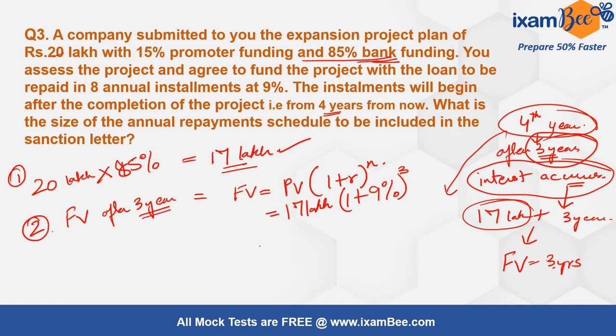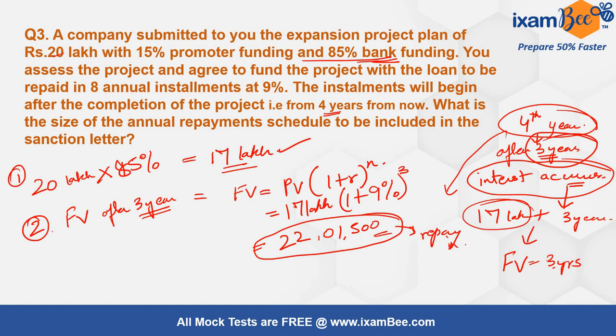So when I solve for this, I get an amount of approximately 22 lakh 1,500. So that is my approximate future value. So now this is the amount that I have to repay in 8 installments. Okay, so I don't have to repay 17 lakh, I have to actually repay 22 lakh 1,500 in